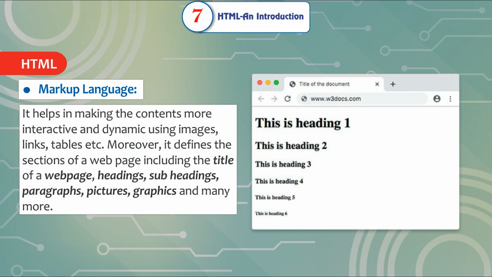It helps in making the contents more interactive and dynamic using images, links, tables, etc. Moreover, it defines the sections of a web page, including the title of a web page, headings, subheadings, paragraphs, pictures, graphics,